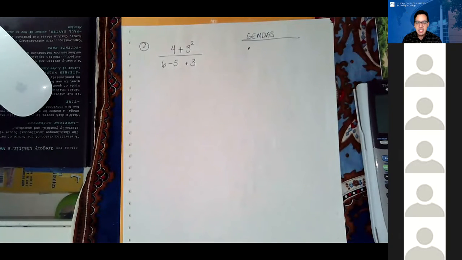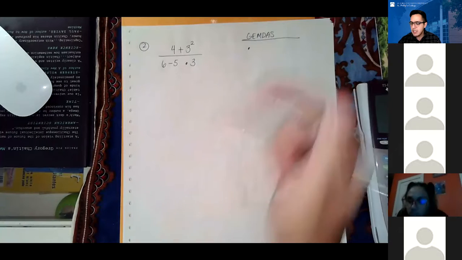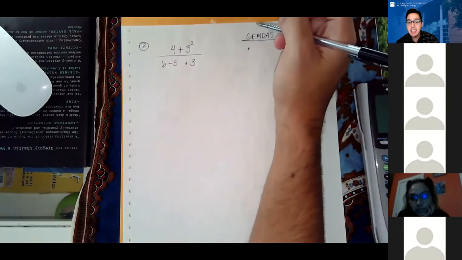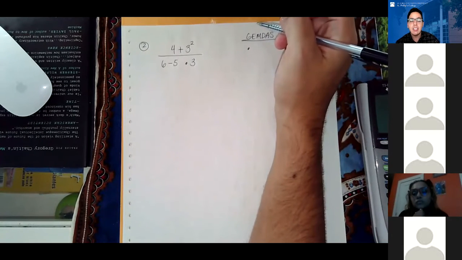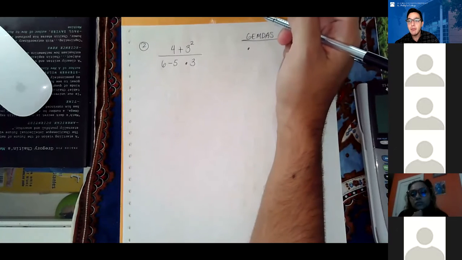Exponent. Yeah, we can take care of the exponent first for sure. But what I want to draw your attention to is the fact that this expression sort of looks like a complicated fraction, right? Since we have a fraction bar running through the middle of the problem. So when we talk about G in GEMDOS, I mentioned that there were different kinds of grouping symbols, and fraction bars group different expressions on the top, the numerator and denominator, group them separately. So we can think of